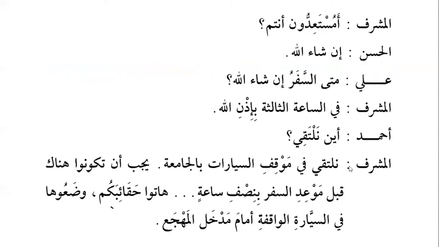Musta'iduna antum. So again, basically it is antum musta'iduna, and it can be also musta'iduna antum. Are you ready? Musta'idun is also ismul fa'il. Ista'adda yasta'iddu isti'dadan, and this is verb form number 10. And the only thing that we need to know is that if the mim has dhamma, and the second last root letter has kasra, that means it is ismul fa'il for the derived forms of the verb. Musta'iduna antum, are you ready?